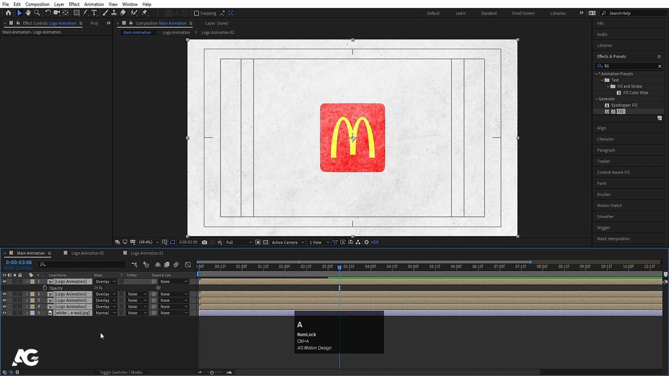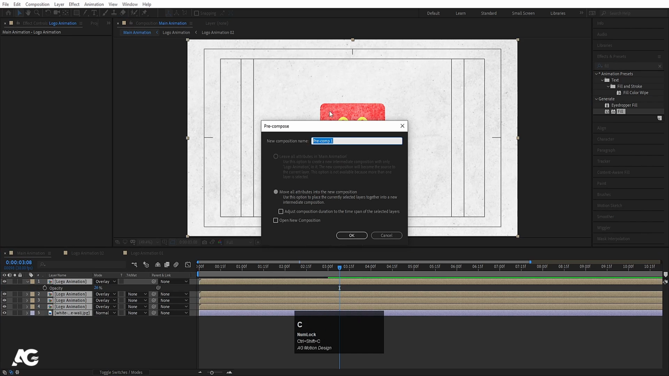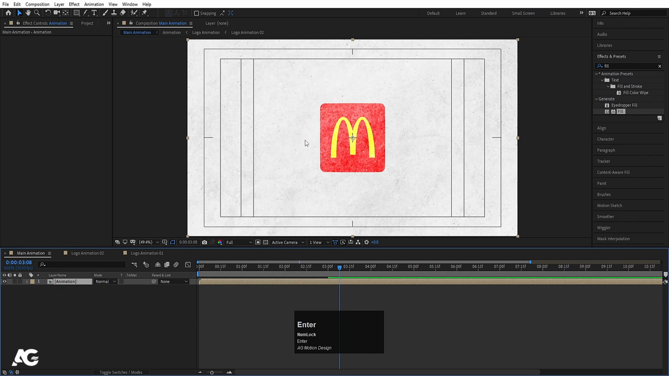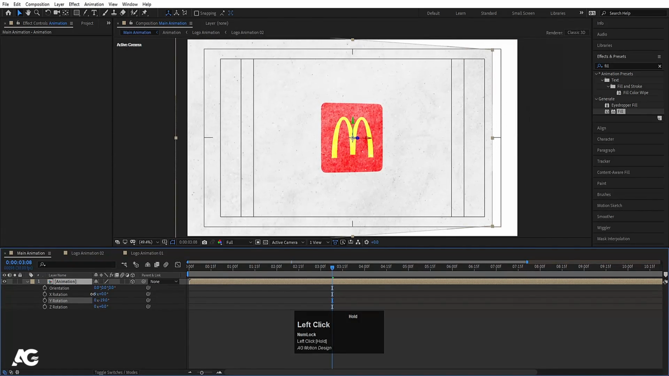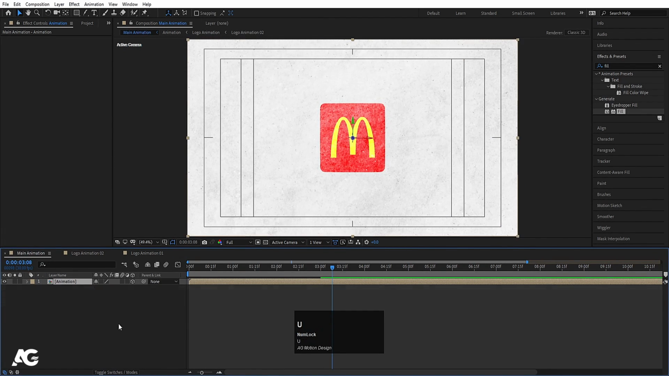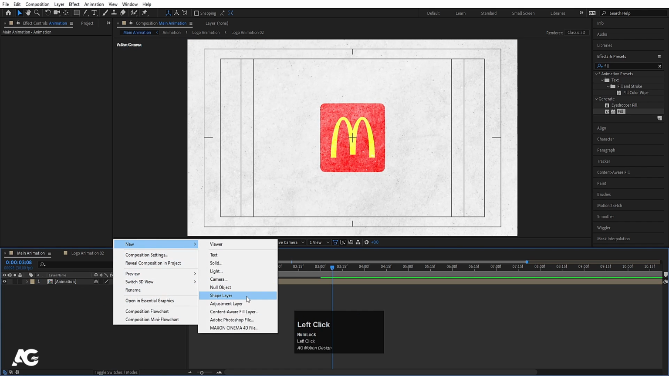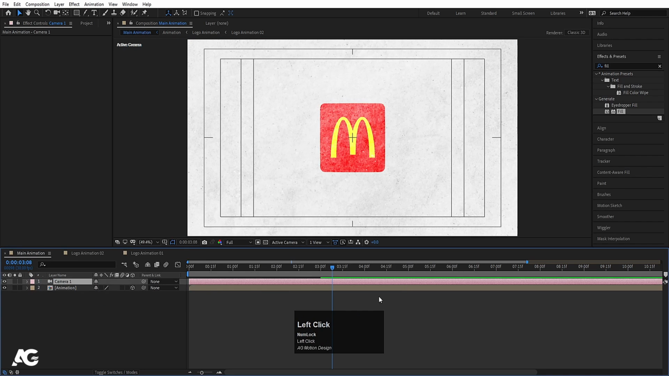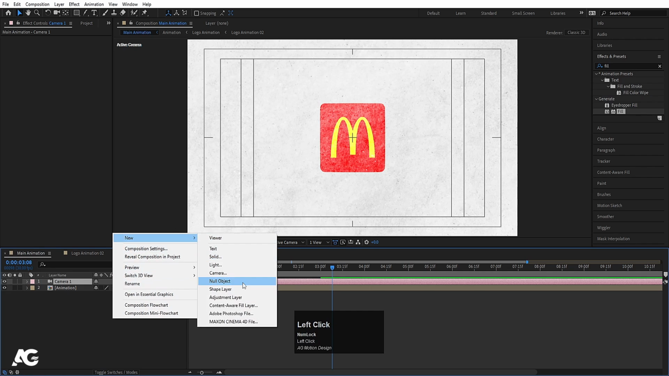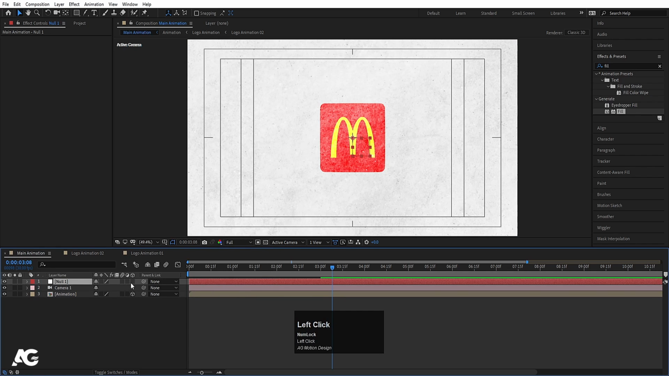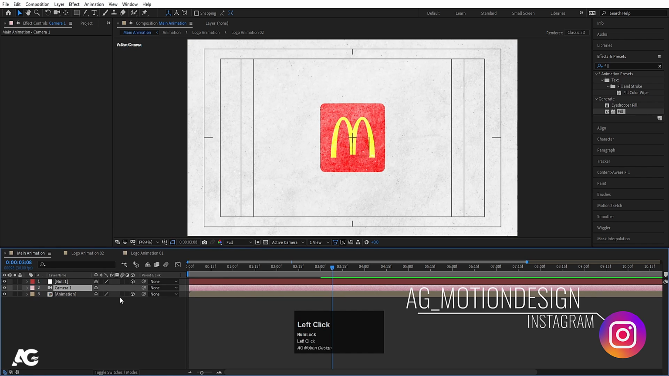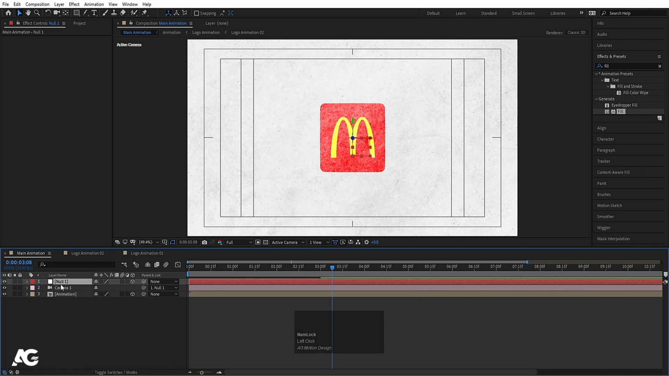Now select all of them, press Ctrl Shift C, and we'll call this as animation and hit OK. Now press F4 and convert this layer into 3D, and press R for rotation and make sure that it's rotating on 3 axis like that. Now right click new and create one camera and hit OK. Right click new and create one null object and convert that null object into 3D. Select this camera and make it a parent with this null 1, so null 1 can manipulate this camera positions